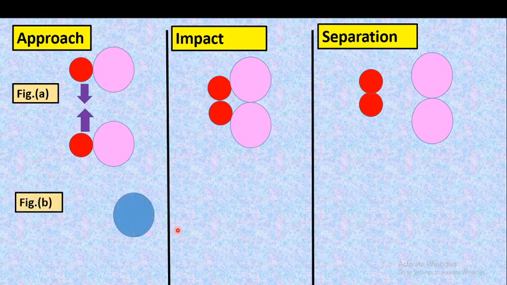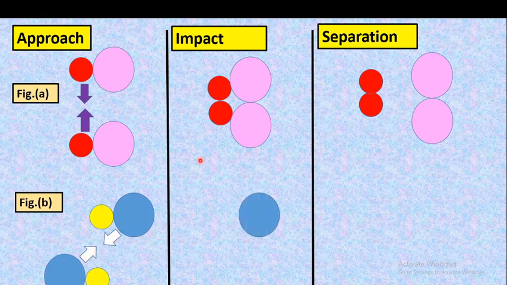Now figure B. Here is also the HI molecule, denoted by blue, and hydrogen is denoted by yellow. Here is also one HI molecule. Here the two HI molecules are oriented in a different way, so their orientation is not proper. Here was the proper orientation of two HI molecules, and here is the improper orientation of two HI molecules.